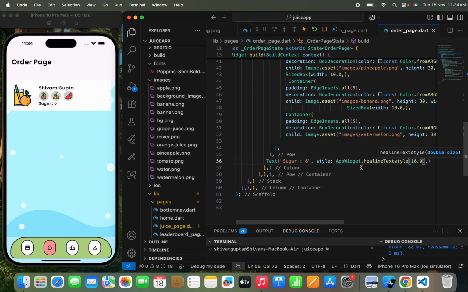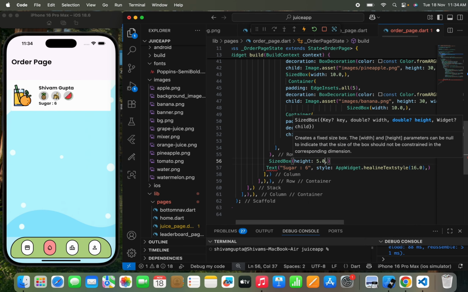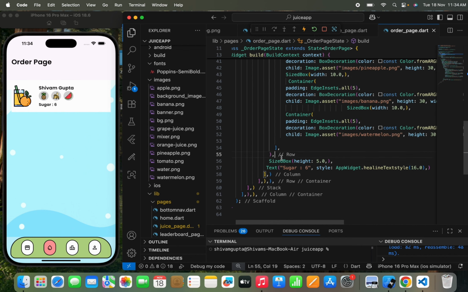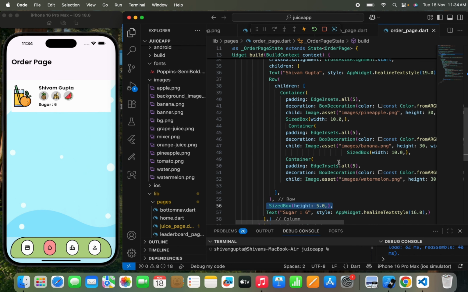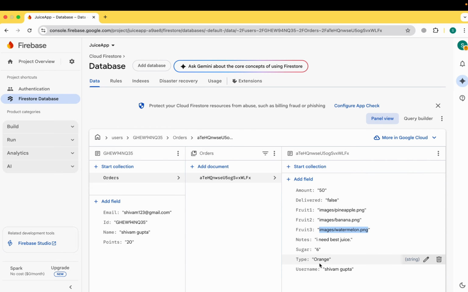Okay, that's much better. We can use the size box. If we want to pass the height, let's pass 5.0. That will be the spacing that we can manage. Let's copy this size box. We'll paste it over here. Okay, so sugar is 6. Username, we don't need a username because,